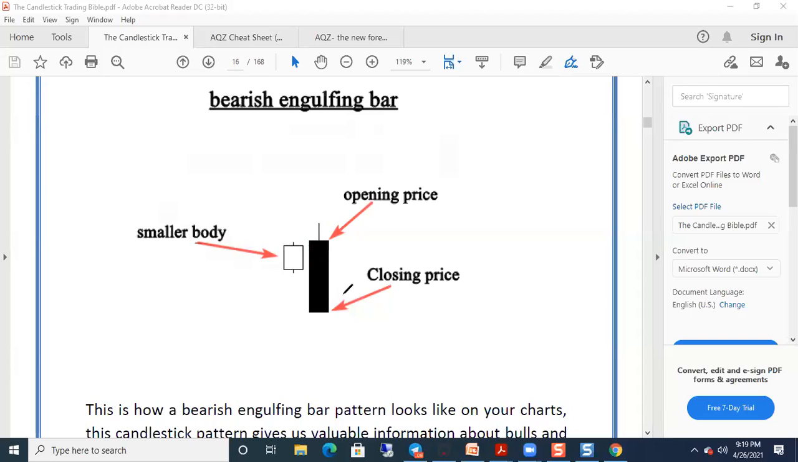Now, I want this to sink deep in, because no matter the strategy you trade, and in case you trade indicators or something, and you see a bearish candlestick pattern, it's just wise to wait to see what will happen thereafter, because